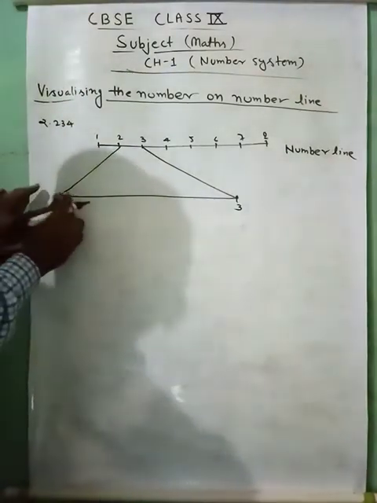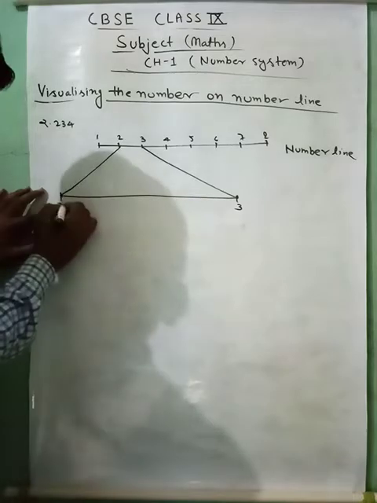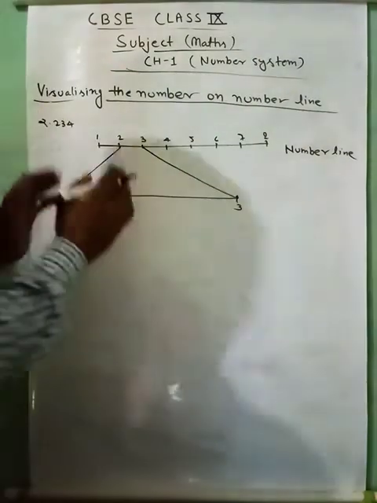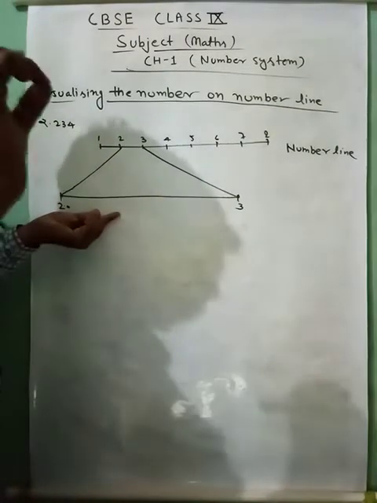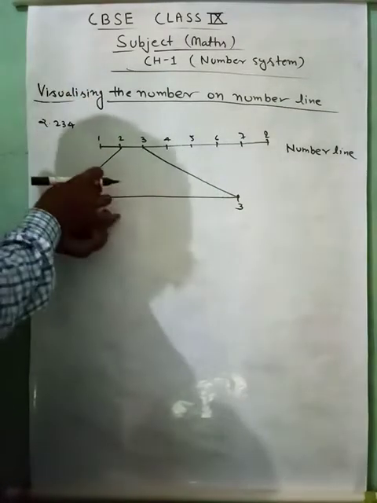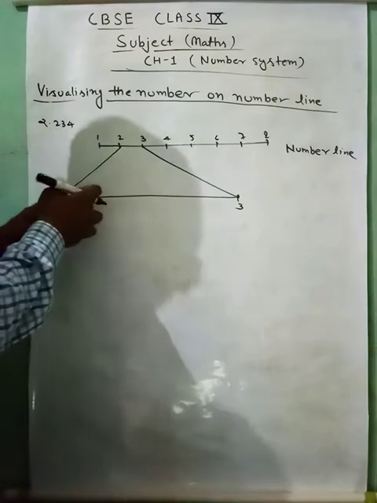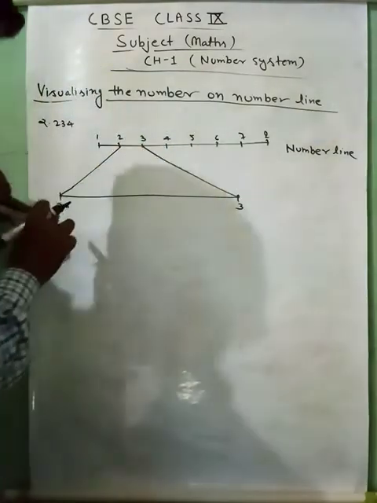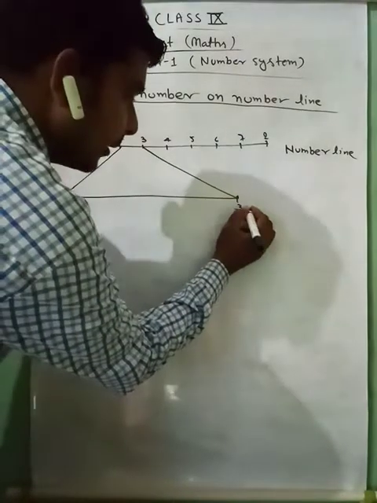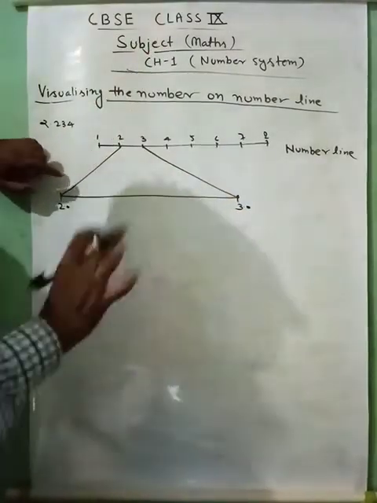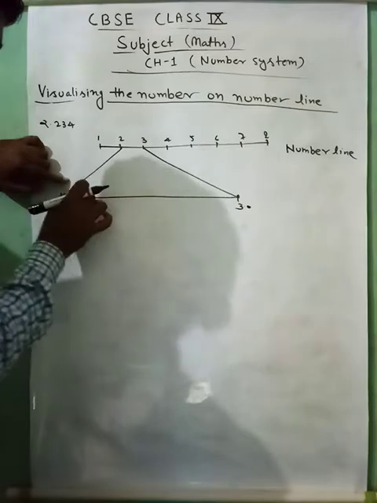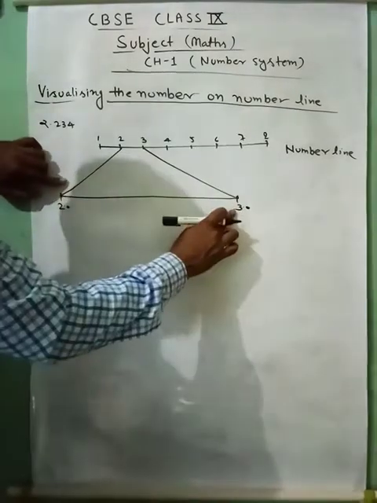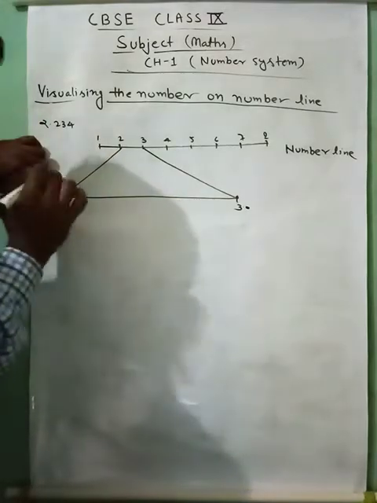Now we will write the decimal 2.0, and between 2 and 3 we will mark 9 arcs. 9 equal arcs will be marked here, not 10. Otherwise the distance between them will be 11. Always remember. इसका मतलब 2 और 3 के बीच में, ठीक है, कितने मार्क करने हमें 9 मार्क करने. अगर हम 10 कर लेंगे तो इनके बीच की डिस्टेंस 11 हो जाएगी. तो ये चीज हमेशा कीप इन माइंड. 2 और 3 के बीच में जो है हम 9 मार्क करेंगे और 9 इक्वल मार्क करेंगे.